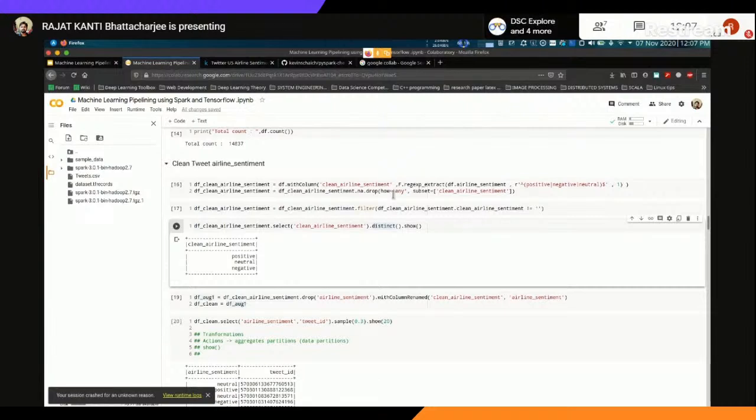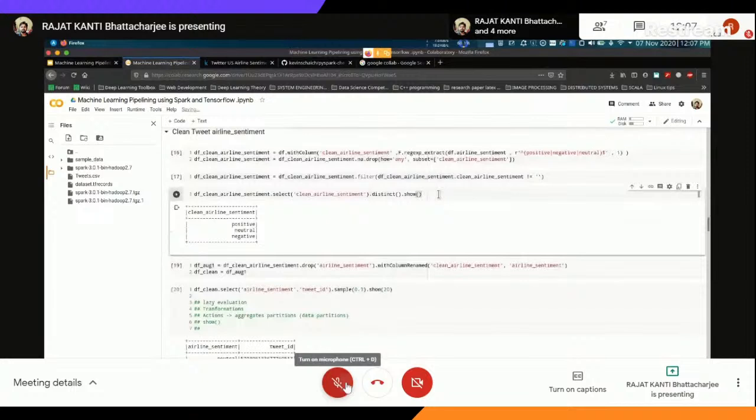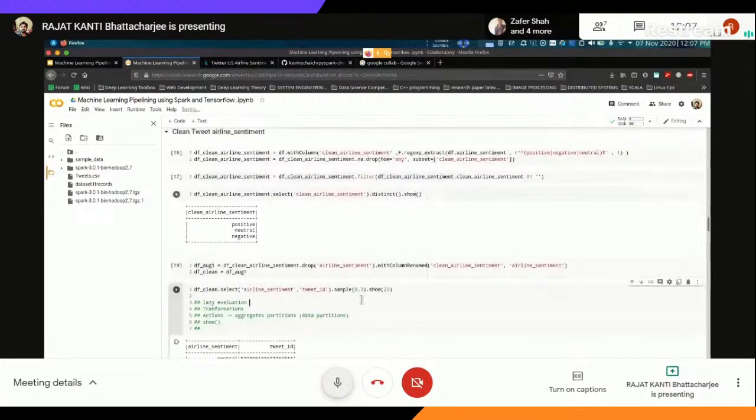Now, this concept has a name. It's called lazy evaluation. It's very popular in functional programming. As I said, Scala is, and Spark is also. So we do a distinct, and we know it's an action. That's why we're able to see all the data. But when it is show 20,